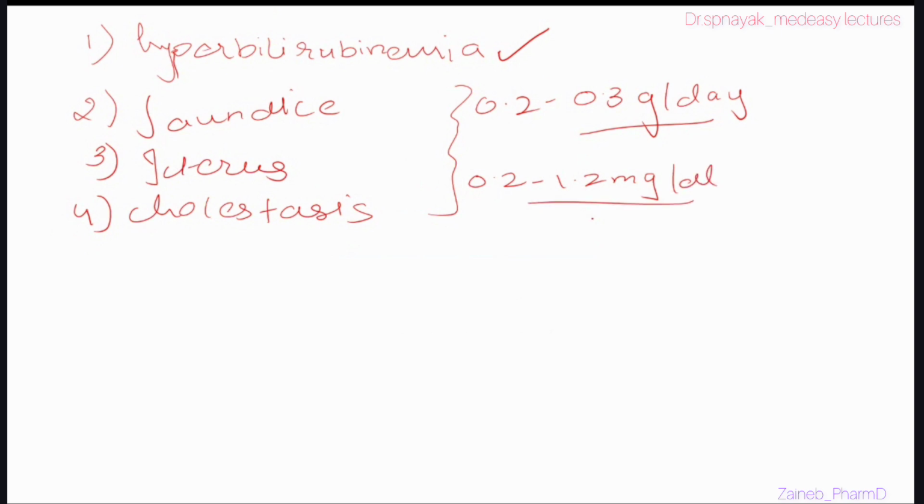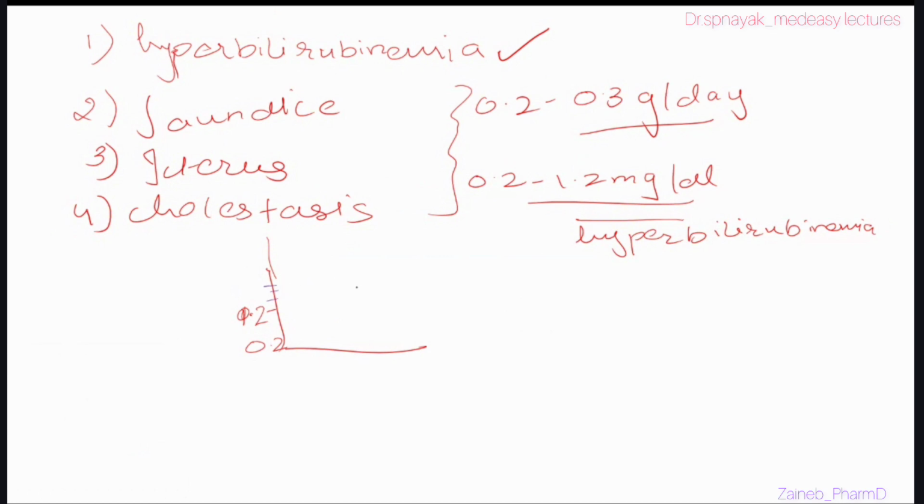If the bilirubin rises beyond this level, it is known as hyperbilirubinemia. For example, this is the normal range of the bilirubin, 0.2 to 1.2 mg per dl. Now, if the bilirubin goes beyond this level,